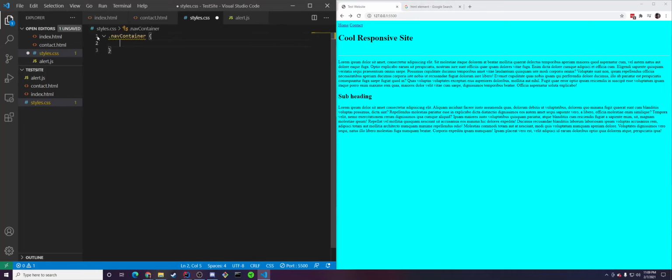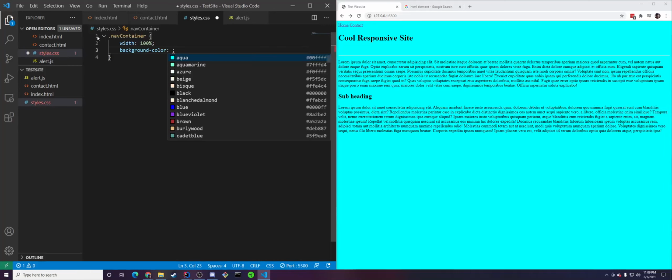Nav container, and then within the nav container we could say I want the width to be 100% of the view space, and I want there to be a background color of